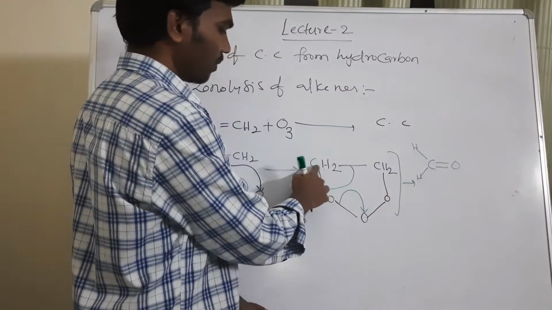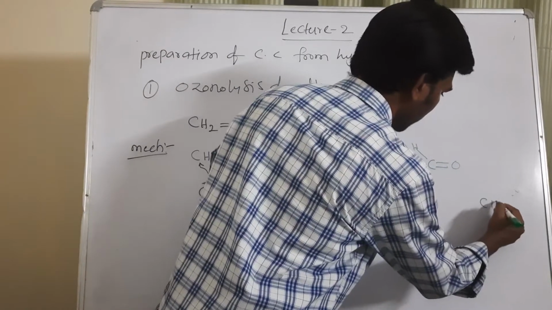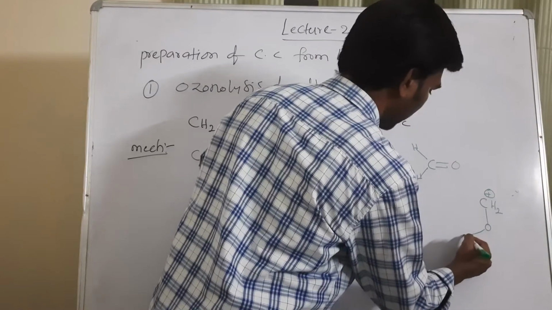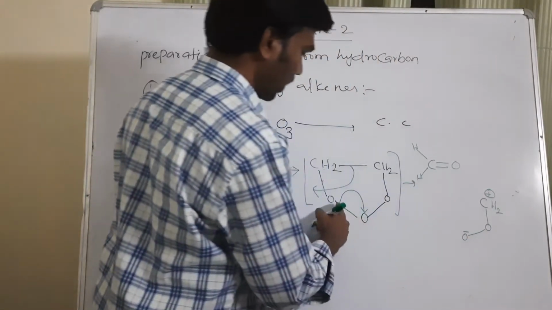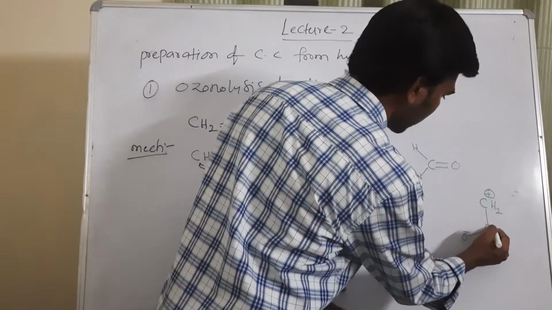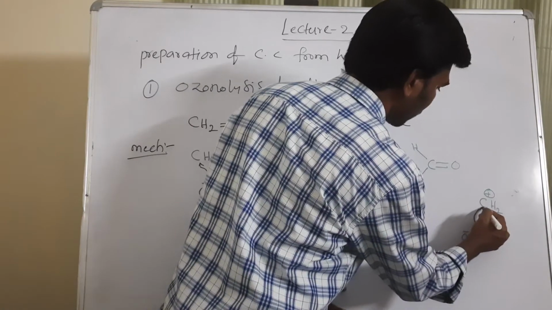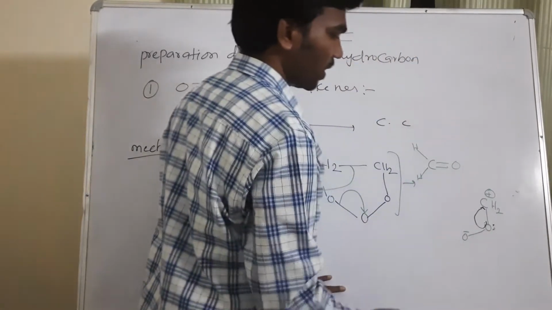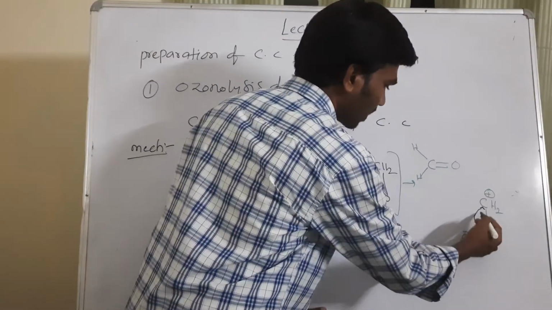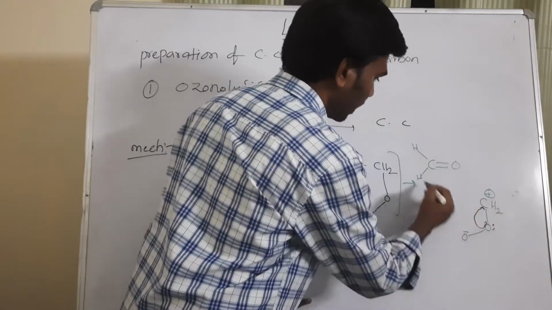This is formaldehyde that forms, CH2 double bond O, formaldehyde. The remaining is CH2 plus here, and here oxygen, and here O minus. When this bond shifted, O minus formed. Now this oxygen has 2 lone pairs of electrons. One lone pair of electrons will shift towards this carbocation side, because this carbocation is suffering from electron deficiency. So because of that, you will get this type of structure.